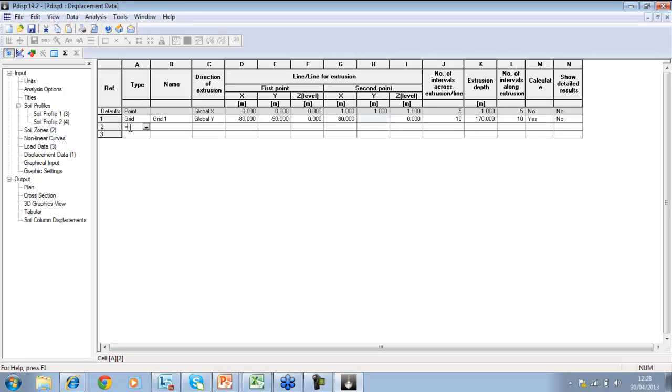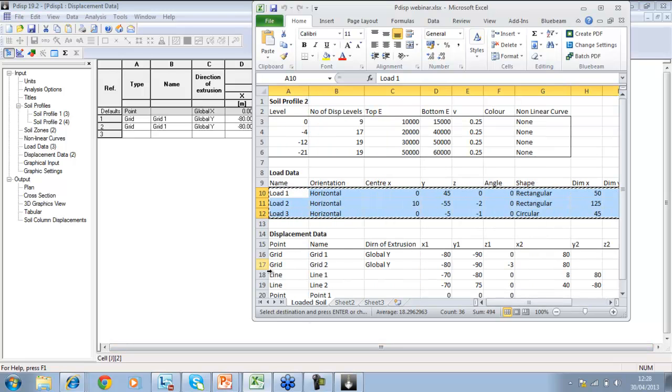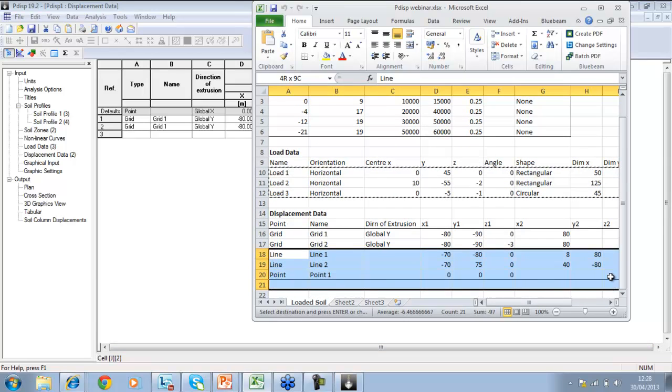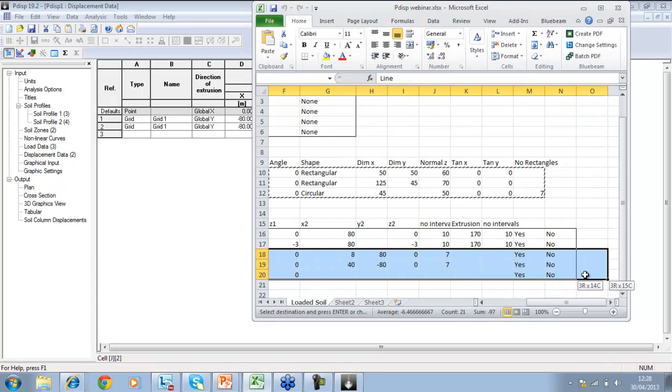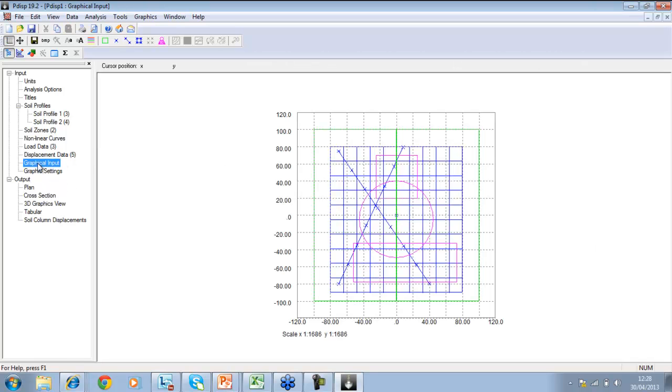So if I use equal equals here, I copy this grid across, and this time as I want to put it at -3 meters OD, so I just point the Z level at -3. I've got my two grids. Excellent. I also want to put my lines in. So if I go into here, I've already put the information in there to save some time. Excellent. So we now have everything we need to run the analysis. So I'm just going to run,